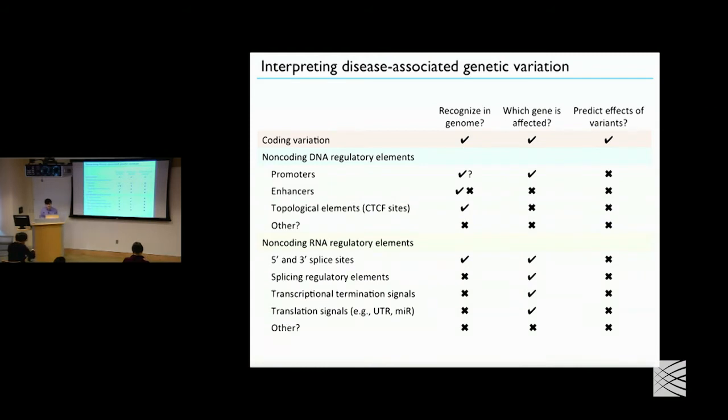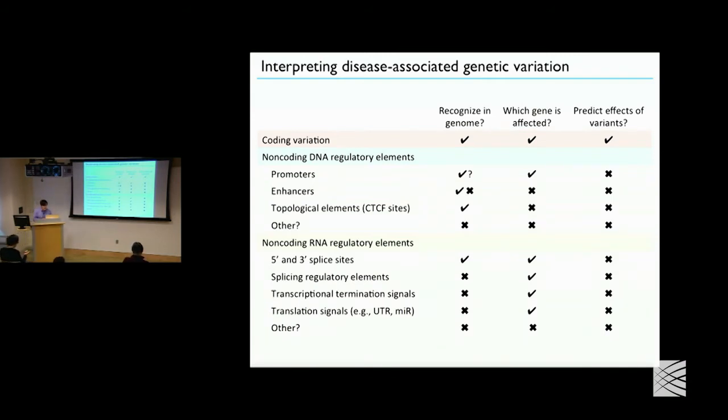And the language of all of these types of elements is pretty obtuse at this moment. We have some ideas about the molecular mechanisms that might contribute to these various processes, but we don't have in any systematic way a way to predict the effects of any given variant. So, like I said, I'm going to dive in a little more detail into the enhancer category and ask, can we check a couple more of these boxes?